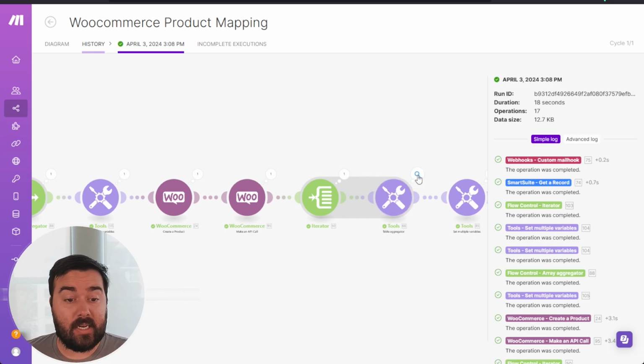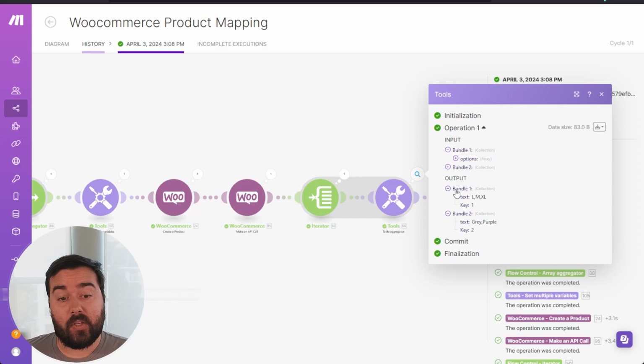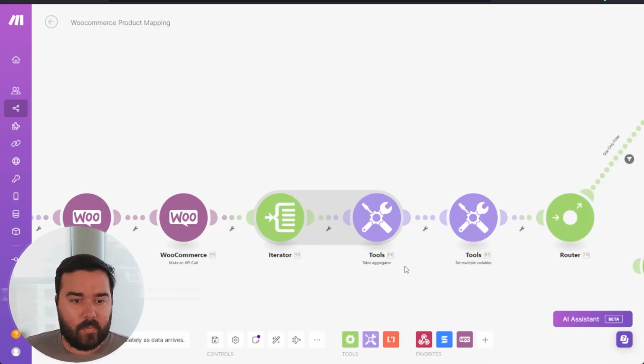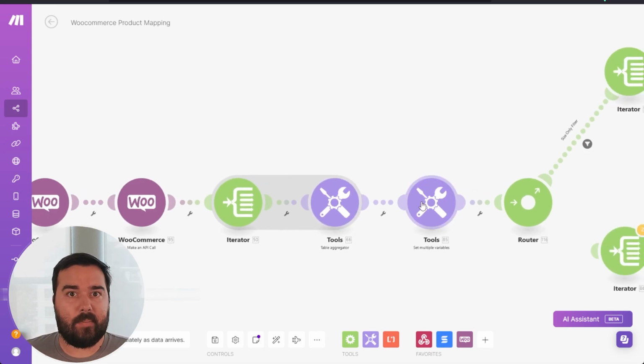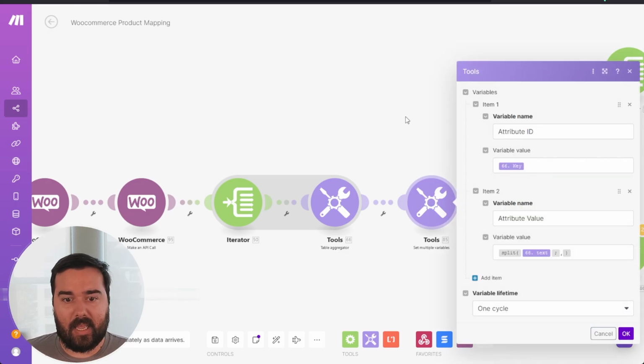Once it is put into the table aggregator, you'll see that it is cleanly organized as the text of the attributes by the key, which is the attribute ID that we're looking for. So once we have the information organized in the table aggregator, we need to remap some additional variables. And the reason we're having to do this again, it makes sense both if you're doing this on a single variation or as a